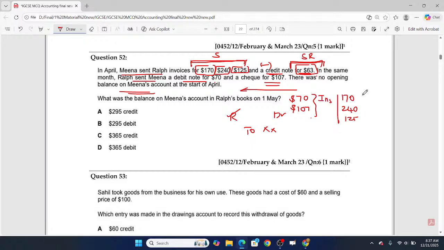Invoice for sales means debit, and credit for sales return and cash received being 107. The debit note of Ralph is equal to the credit note of Meena, so that will also be subtracted. So you have to subtract the 3. Come on, tell me the total of 3 being